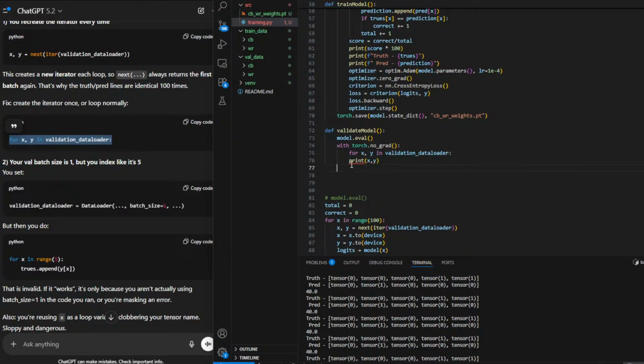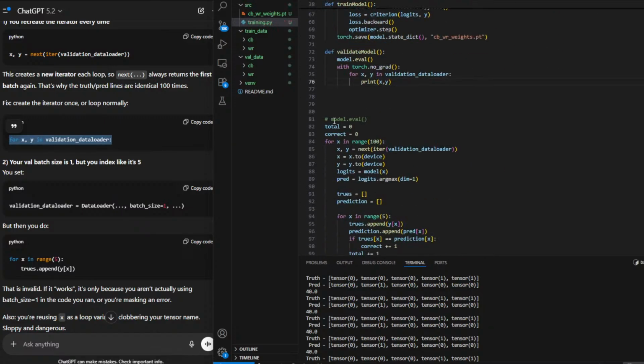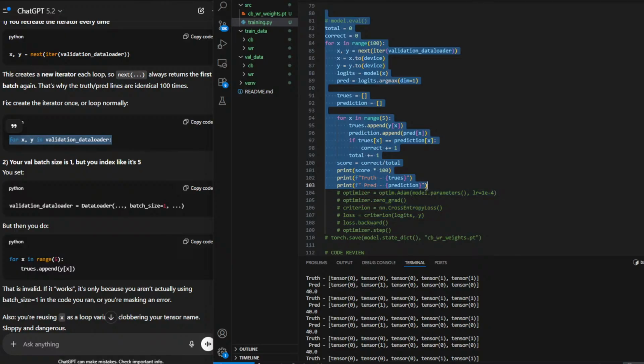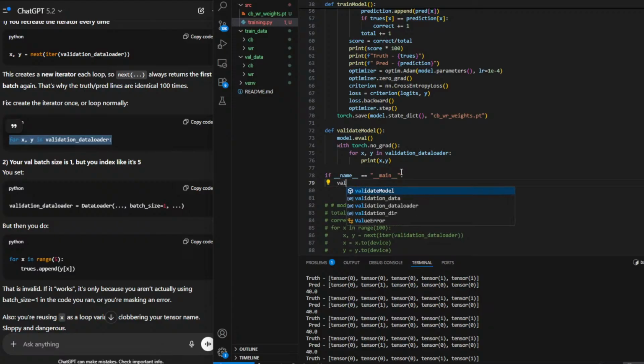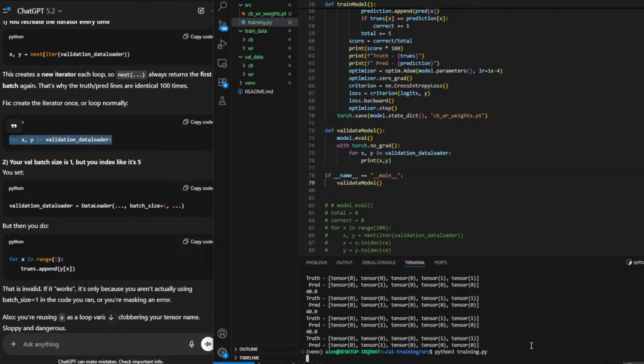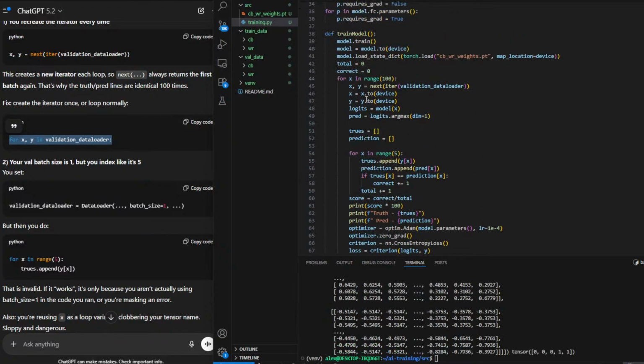Okay. The reason we're doing that is, one second. Well, and then if name equals main, what are we doing? We are going to run validate model. And then python 3 training.py, perfect, gives me the tensors. So then we're saying